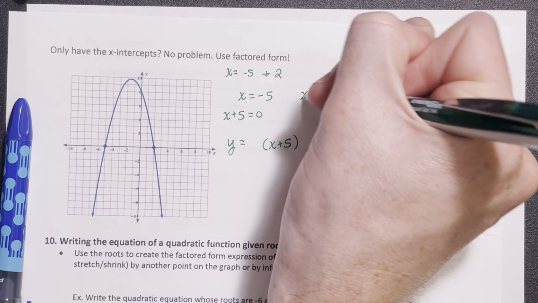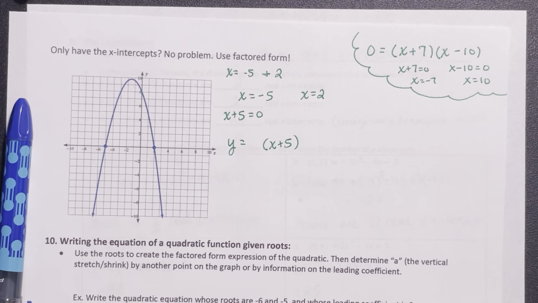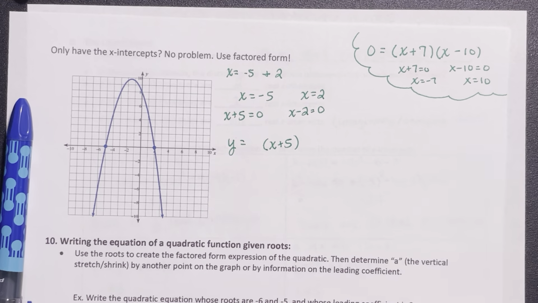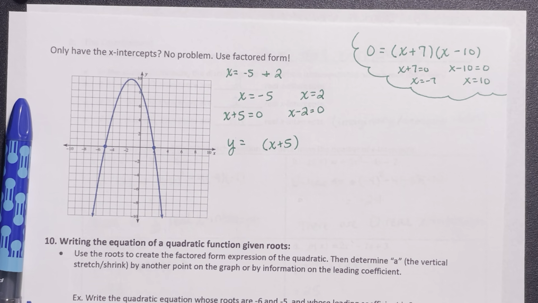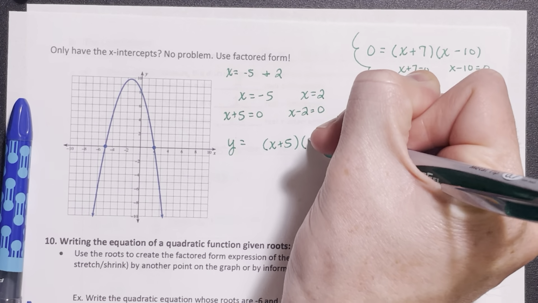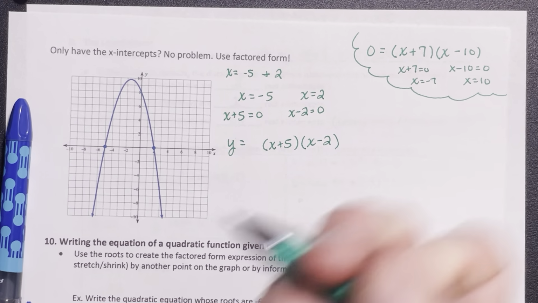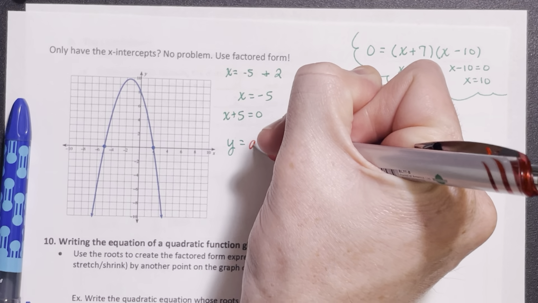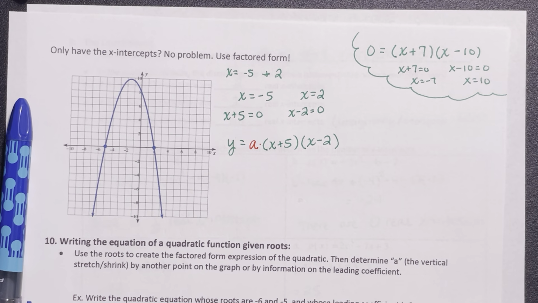We also had x equals 2 as one of the x-intercepts, so I can do x minus 2 equals 0, shifting that 2 to the left side. So another factor is x minus 2. Just like before, we still don't know if there was a vertical stretch or vertical shrink, so we're going to